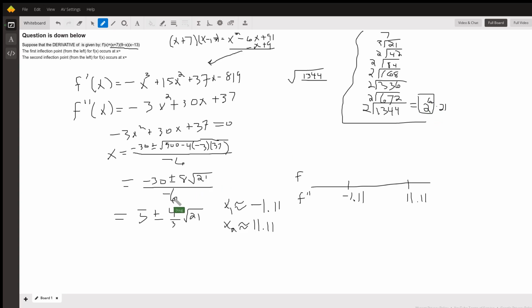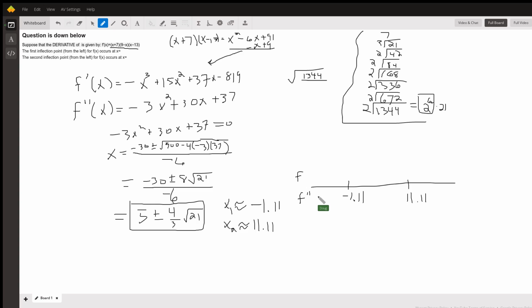And I decided to divide negative 6 into negative 30 and get 5 plus or minus 4 radical 3 over 21. These are, we think, going to be the x-coordinates of the points of inflection. On a calculator, I found out that these correspond to about negative 1.11 and 11.11. So we want to put those two, what we used to call hypercritical numbers, on a number line and